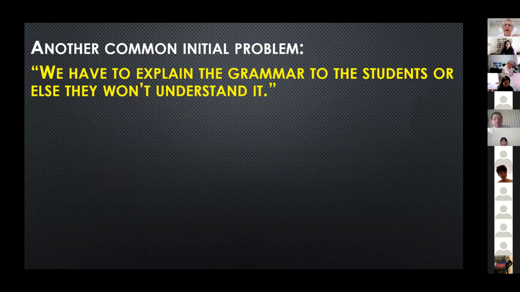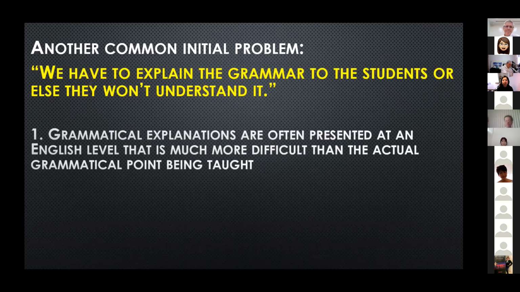Another problem that I immediately sense with these students, and by the way, these students that I'm talking about are often in-service teachers who are upgrading their qualifications, or they are graduate students who will be entering service soon. They often want to include a grammatical explanation inside their presentation. And this is often extremely problematic. They tell me, well, we have to explain the grammar to the students or else they won't understand it. Well,